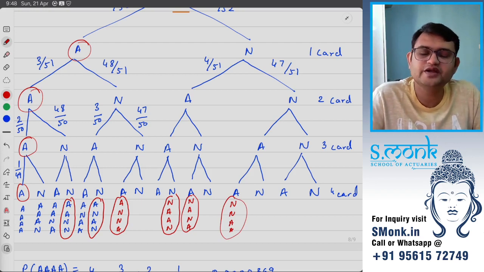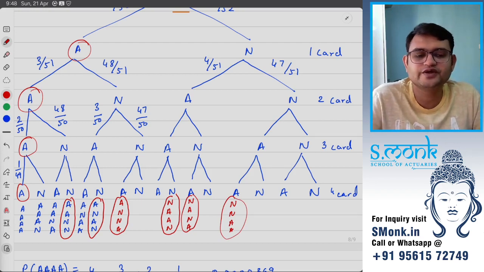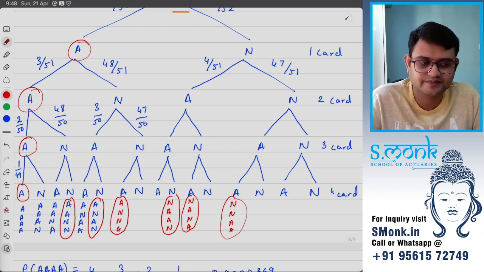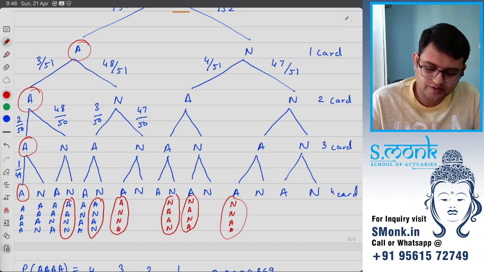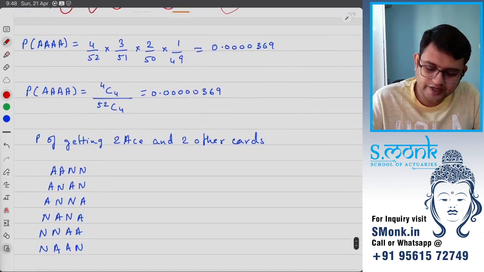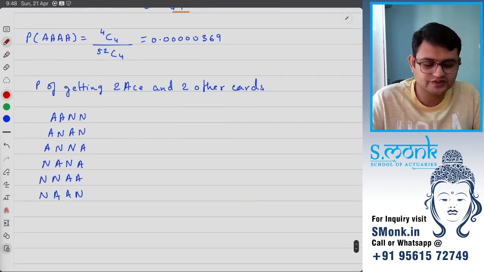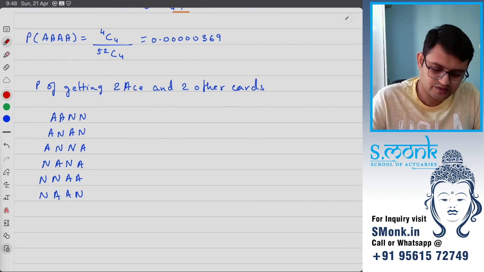So you can find the probability of each one of them from their branches and then add them up. And you can add them up to get the probability of this. Or